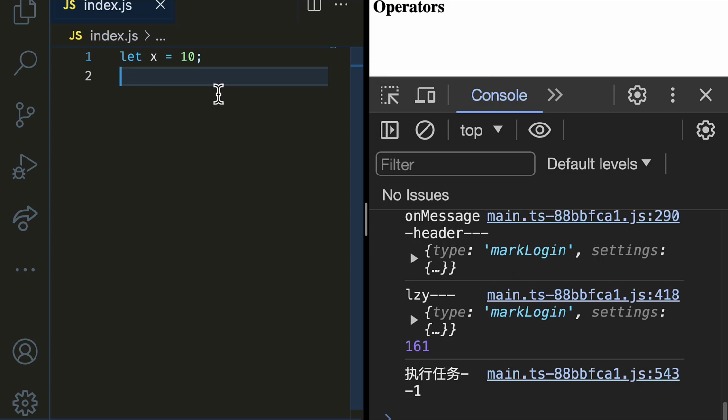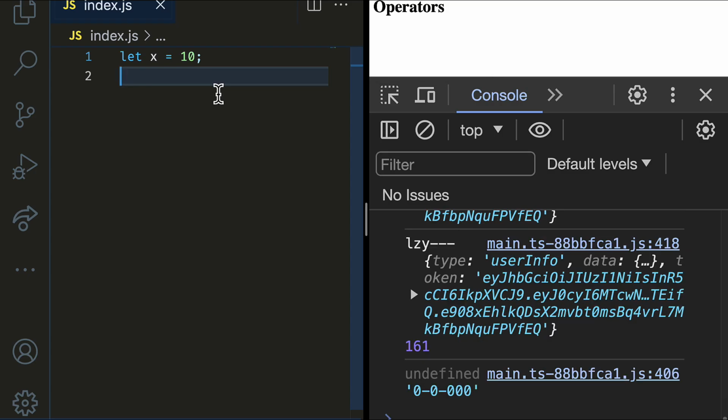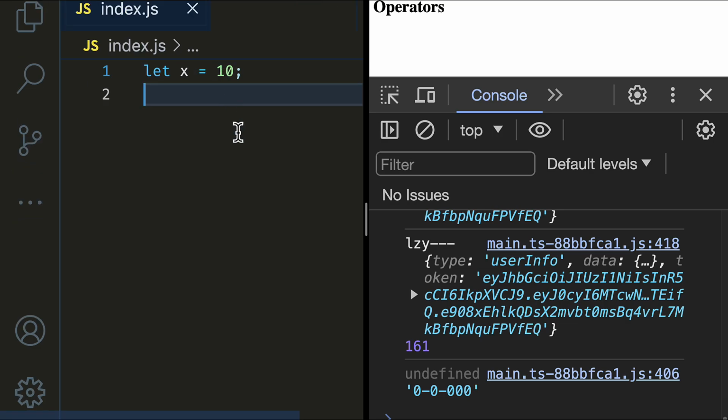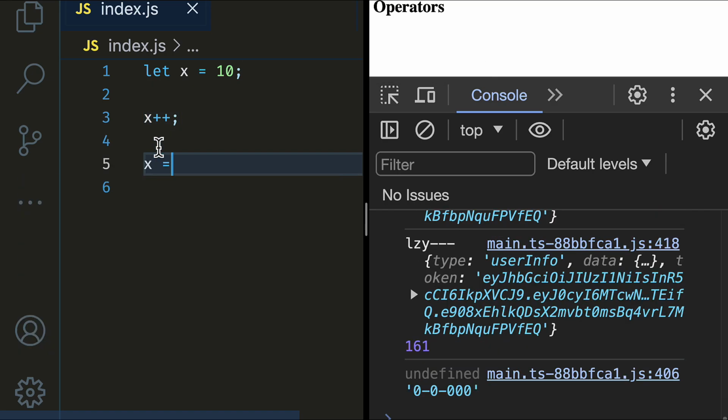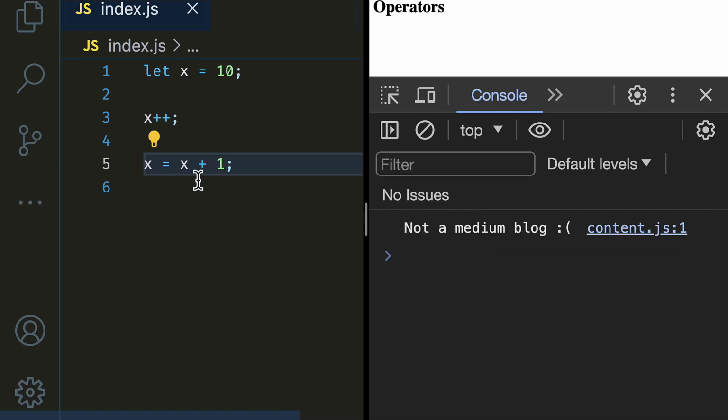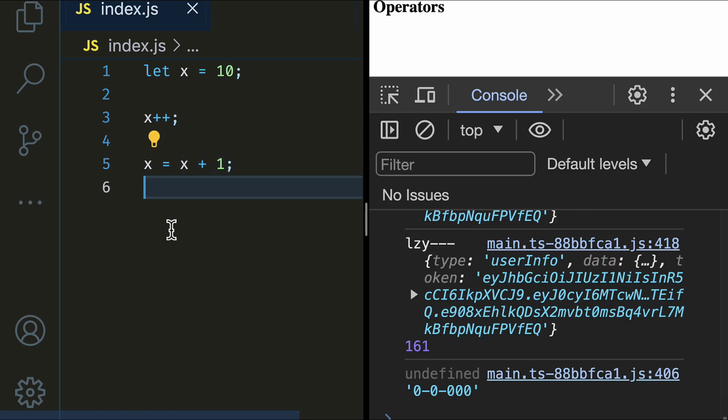You have already seen an example of an assignment operator. So here we are using the simple assignment operator to assign a value, in this case 10, to x. But we have a few more assignment operators. Let me show you. You have learned about the increment operator. With this, we increment the value of x by 1. This expression here is exactly equivalent to this. So we read the value of x, add 1 to it, and then using the assignment operator assign this new